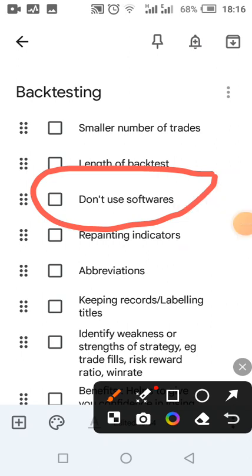So for those who are still new, backtesting softwares are just programs which can backtest for you and record the trades for you, and even show you in more detailed display even your risk to reward, even also your profit factor and other things. But the disadvantage with using backtesting softwares is that it's very rare for you to find or to be able to have a program which can